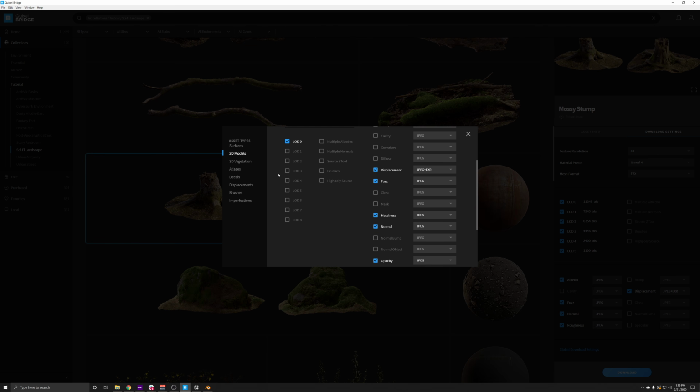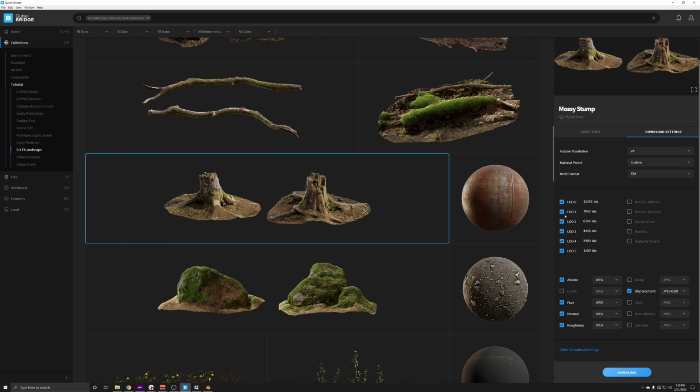And it doesn't really matter. We can just keep these on, and then we can always change our mesh options here for any specific asset, as well as change the different material presets, and you get the same type of options. So let's go ahead and just deselect these, and I am pretty fine with those settings.